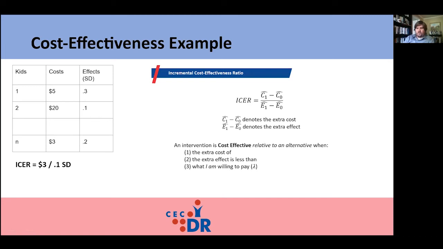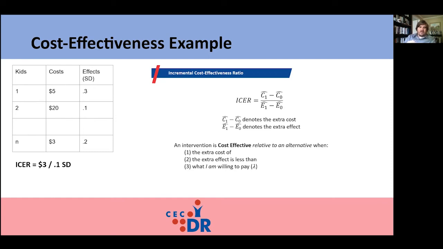I should pause for one last thought before it completely escapes my mind. When you've got the opportunity to get data, if you see on the screen here, I've got the number of kiddos in your sample. I've broken down the costs, so just what it costs for each student, and on the farthest column I've got the effect for each student. So I've got individualized cost data broken down by student and individualized effect data broken down by student. This takes a little bit of extra effort to collect this data, but I think it's well worth it in terms of the types of analyses you can do.